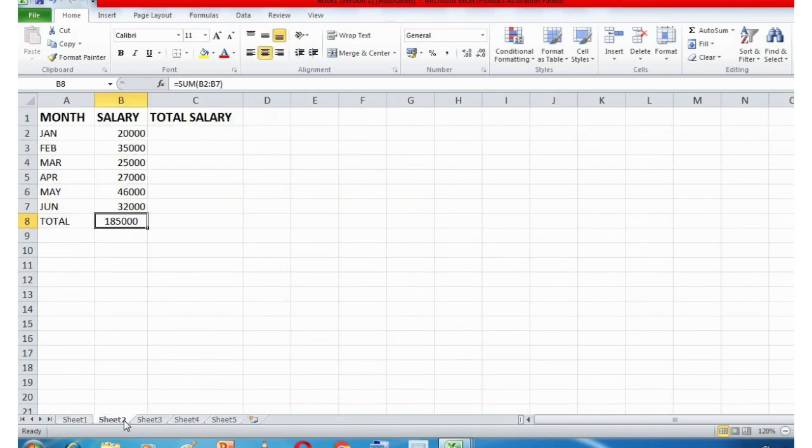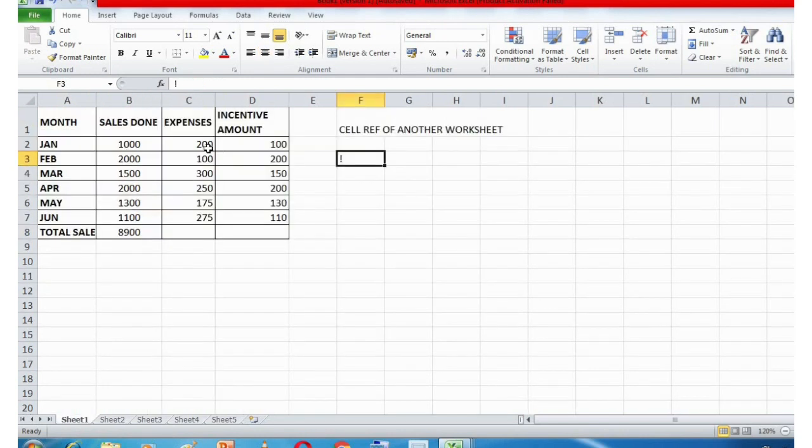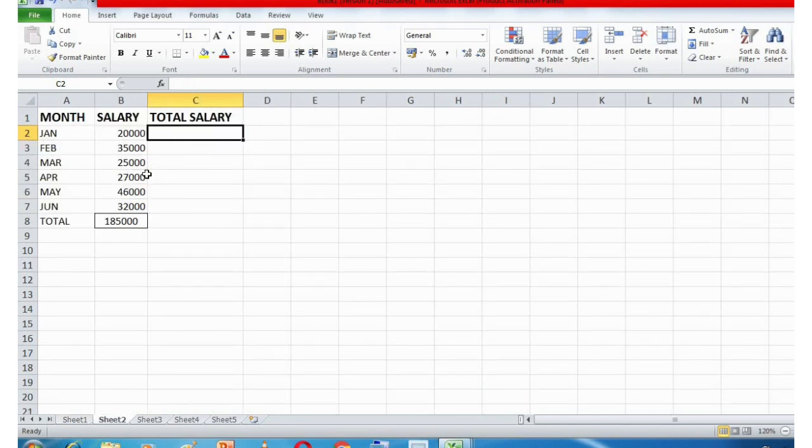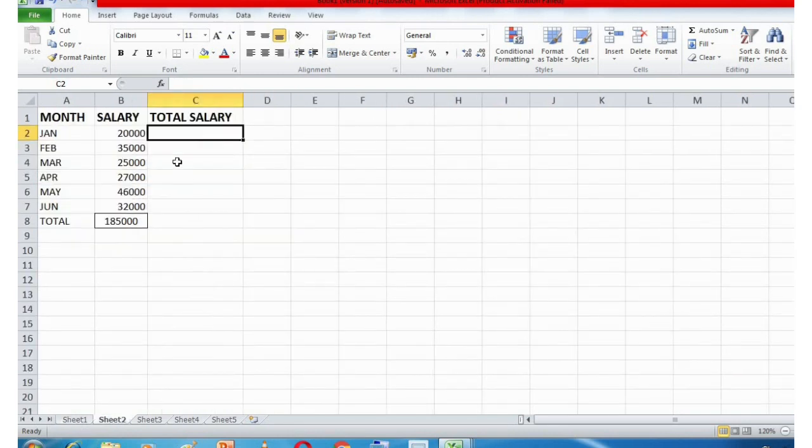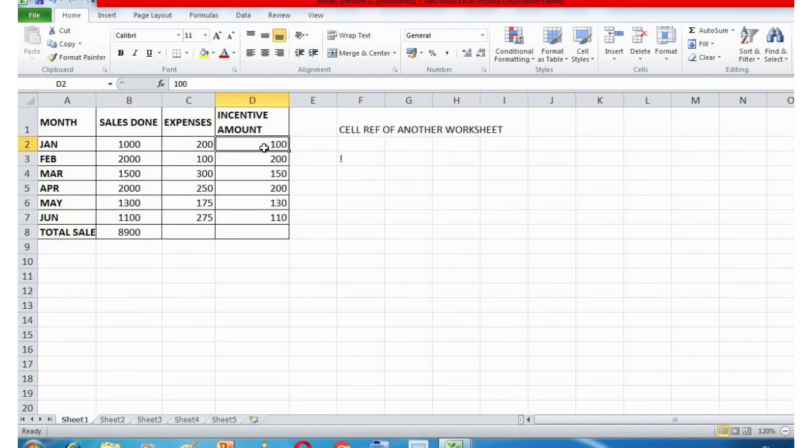In this method, students, let us calculate total salary, but we are going to use data from this worksheet. For example, the total salary of January will be 20,000 plus this 100, the incentive amount.